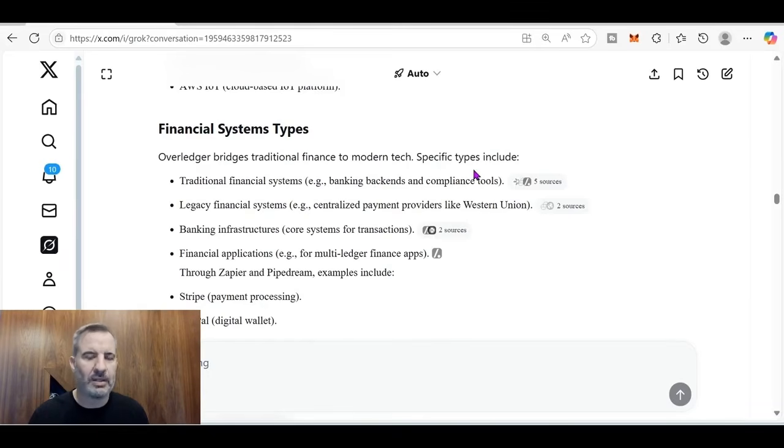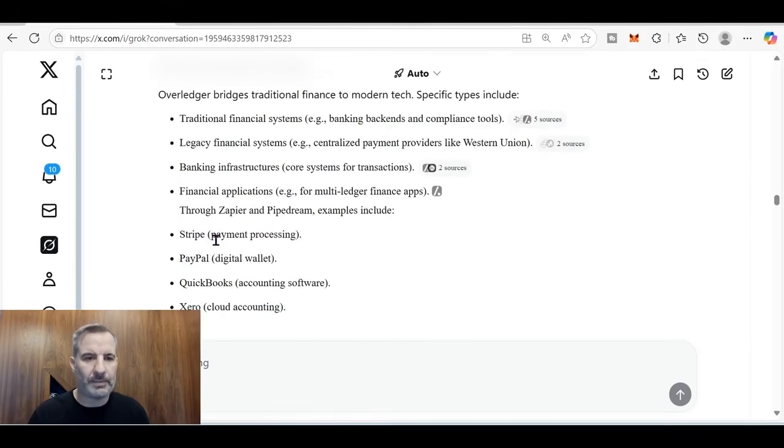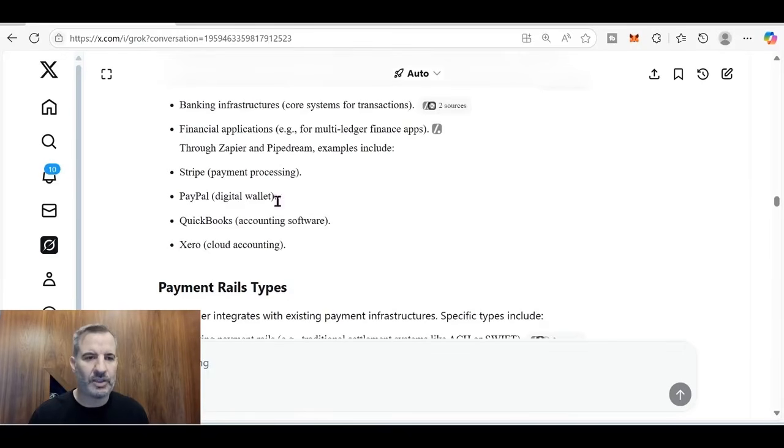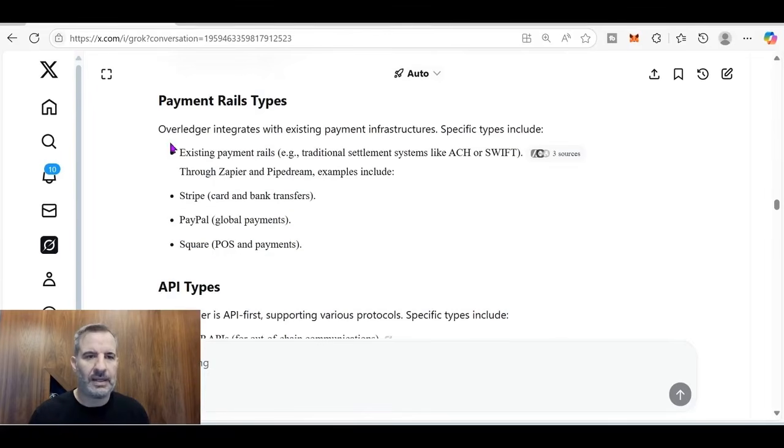Quant can interconnect with blockchain seamlessly. The legacy financial systems, like I was telling you, centralized payment providers like Western Union, banking infrastructures, financial applications for multi-ledger finance apps, Stripe, so payment processing applications and software and payment processing companies, PayPal, digital wallets, QuickBooks, cloud accounting software. It can connect payment rails such as existing payment rails, so traditional settlement systems like ACH and SWIFT, Stripe,